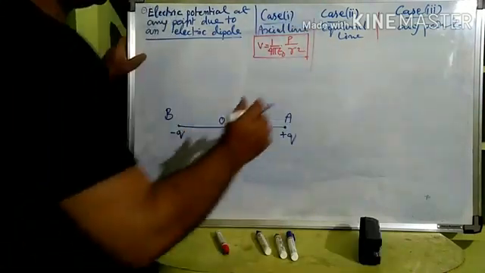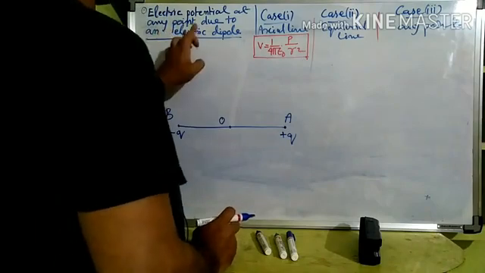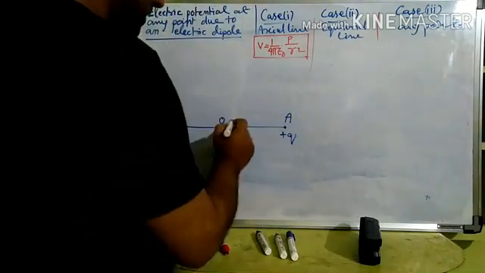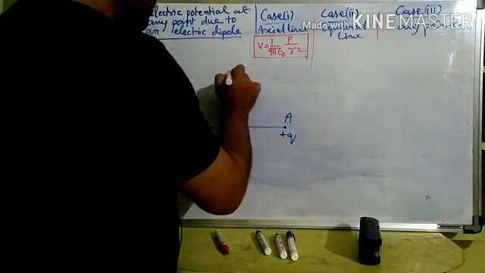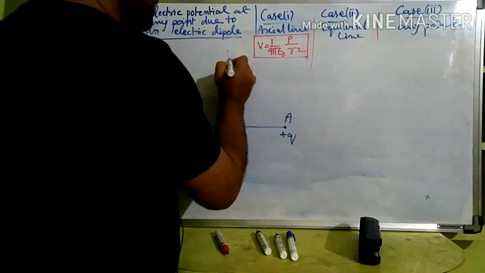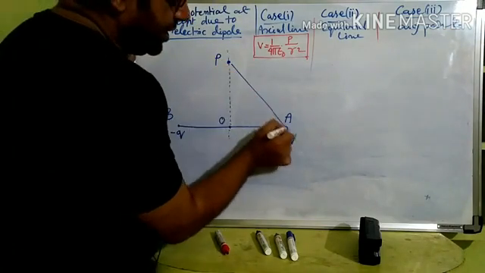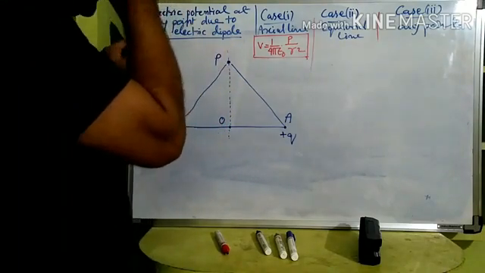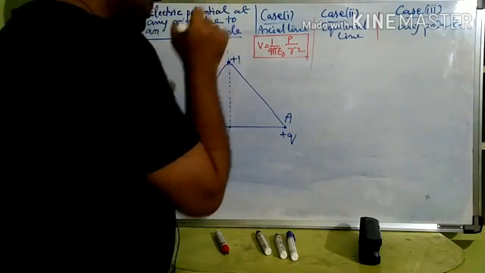Clear? Now we are taking the second case, that is we are finding out electric potential at any point along the equatorial line due to the electric dipole. The equatorial line is the line which passes through the midpoint of the dipole and is perpendicular to the dipole. Let us say P is here. Due to A there will be some potential at P, and due to B there will be some potential at P. To calculate the potential, imagine a unit positive charge there.